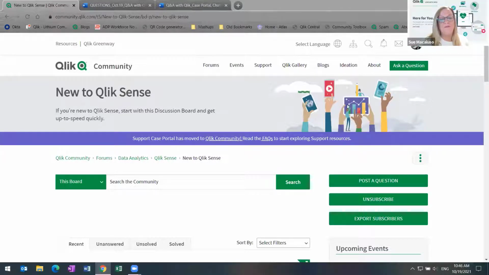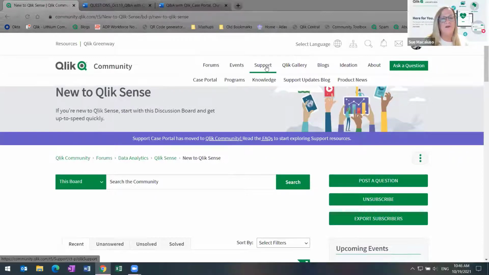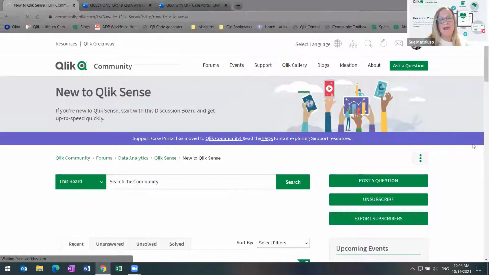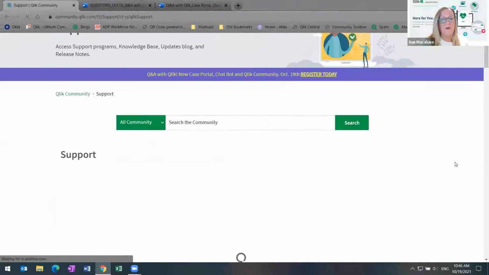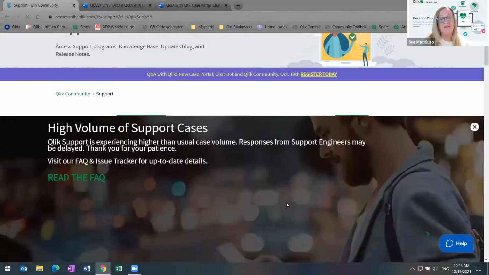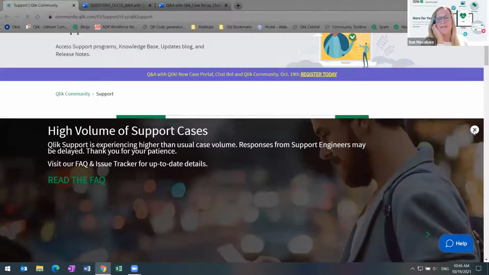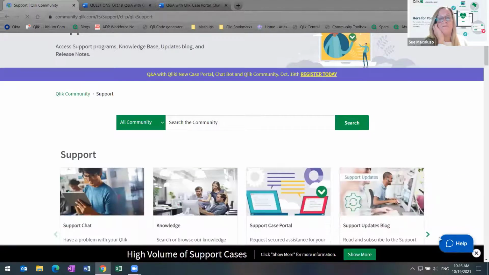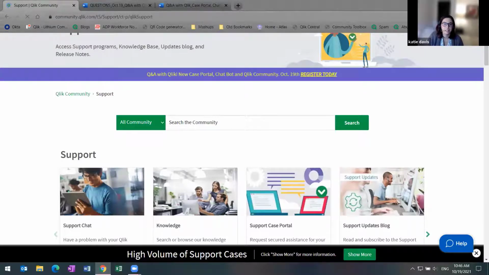Yep, and sometimes you'll see a pop-up footer. I think we still have one on the support page. Because we can't stack the banners and have more than one announcement at the moment, if it's really important, in this case, you'll see the pop-up footer on the support pages, with an alert and links as well. Awesome, thank you. Yeah, that's where we put our big ticket items for you.